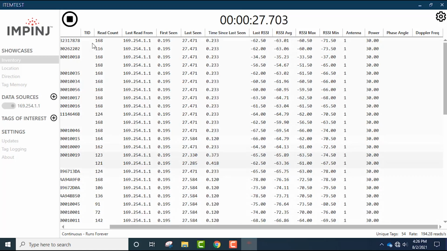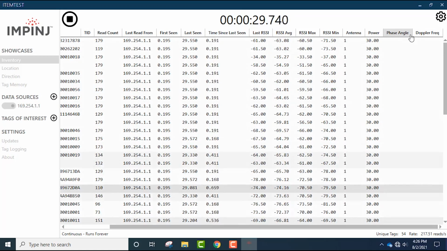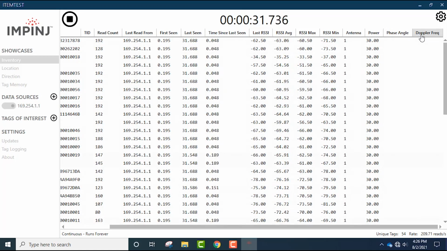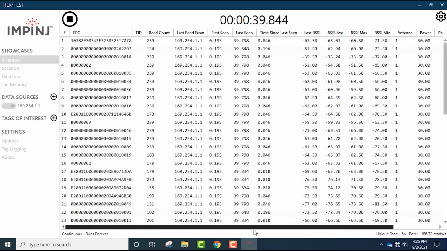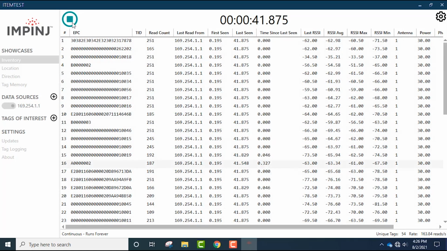The columns that are not populating right now are TID, phase angle, and Doppler frequency. TID is currently not turned on, and phase angle and Doppler frequency are only available on gateway readers like the X-Array and X-Span. I'll go ahead and stop my reader for now so we can look at the tag memory